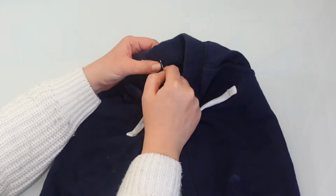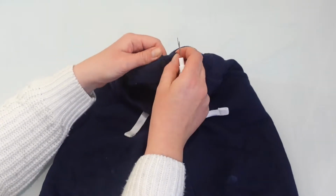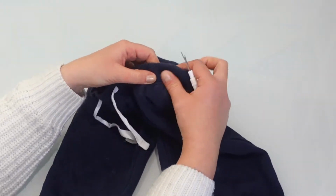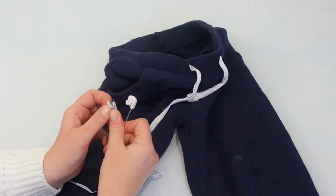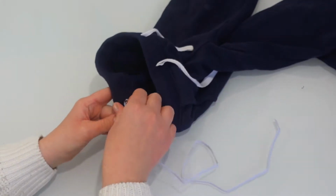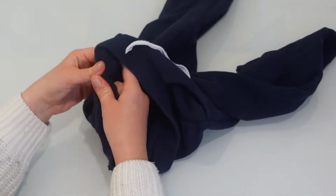I'm using my seam ripper to cut a hole open in the back of the waistband. It would be more ideal to open up the seam that's connecting the waistband to the pants, but I found that it actually had so many layers of stitching it really wasn't worth my time. I'm using a piece of elastic on the end of a safety pin and pushing it through the hole that I have cut in the back of the waistband and threading it all the way around the waistband of the